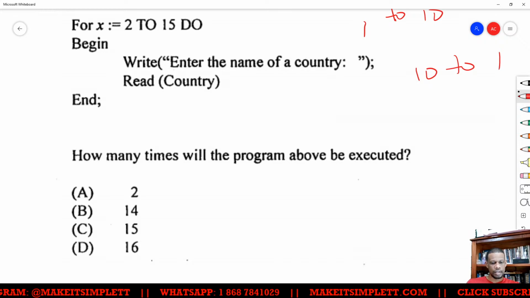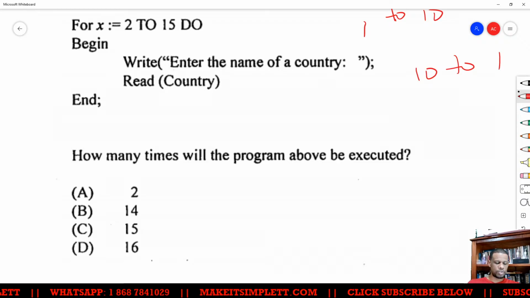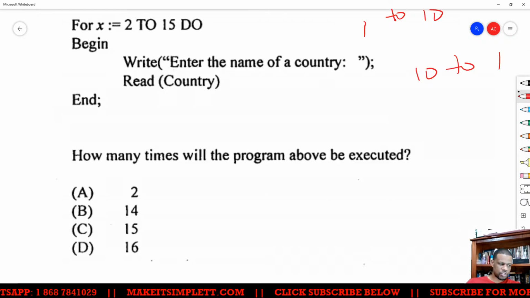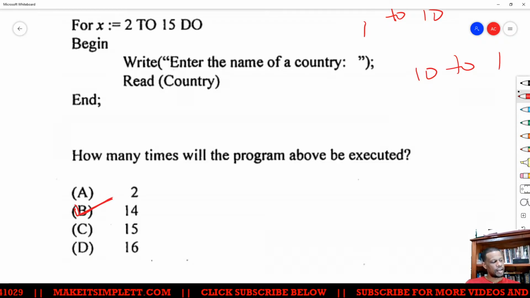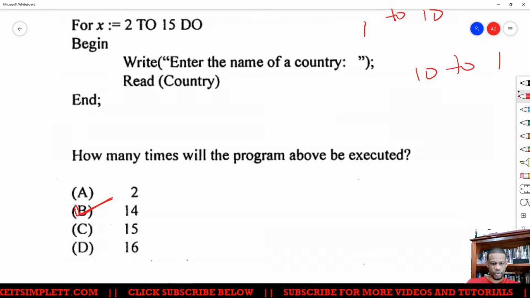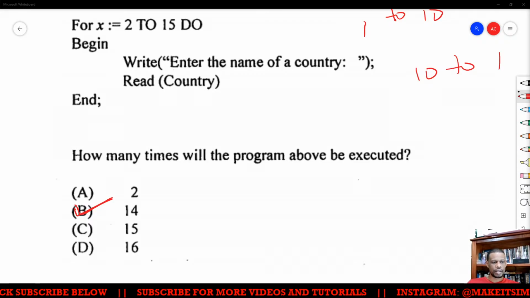2 to 15 basically means you have to count 2 as one of the values. So you're starting at 2 and you're trying to get up to 15. So it'll be 2, 3, 4, 5, 6, 7, 8, 9, 10, 11, 12, 13, 14, 15. So the answer is really 14. But the question you have to ask yourself, you could count it on your hand and get the 14, you know, because you could go from 2 up to 14. But how are you going to do it scientifically? Is there a way that you could calculate how much time it's going to run?